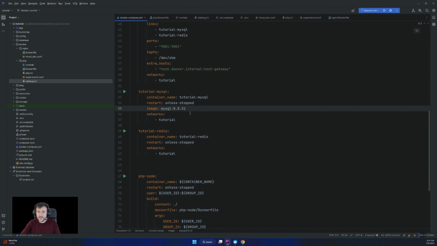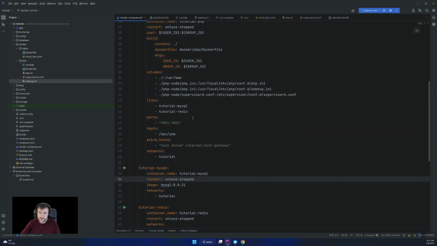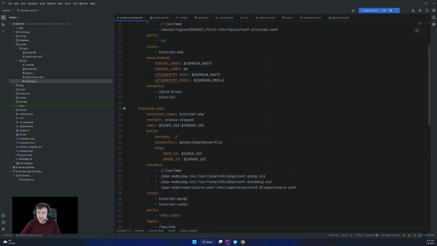In case in the future I want to upgrade, I'm gonna change this after testing locally or somewhere, and then switch to 32, or maybe 8.1. But I want to test it locally before switching to a new version. Same with PHP, right? I locked it at 8.1.